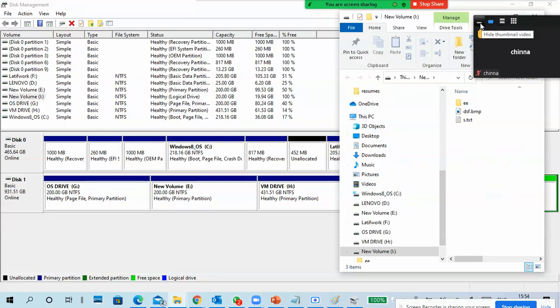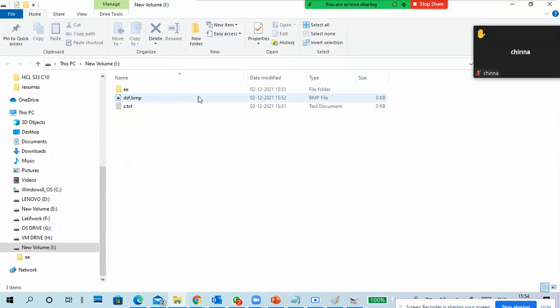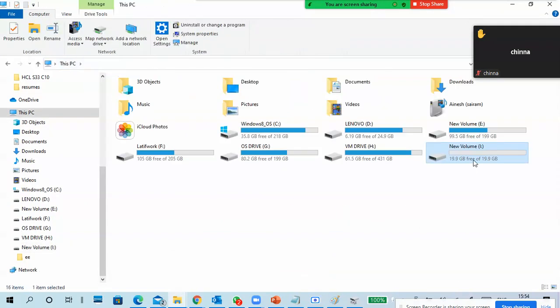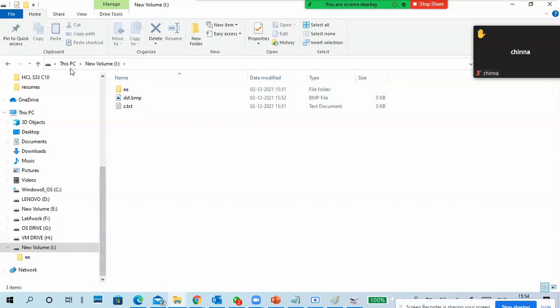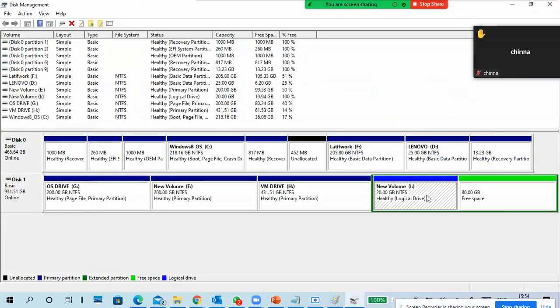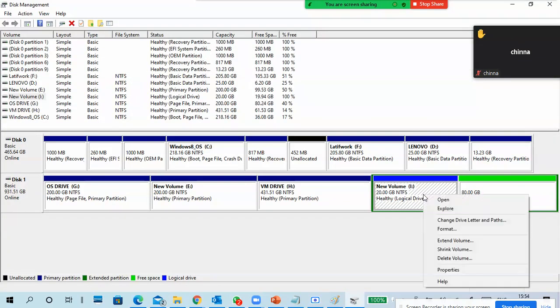You can view the data which I put in this folder. So the data is in the drive. To access the data, I just use a folder that I assigned. That is simple.